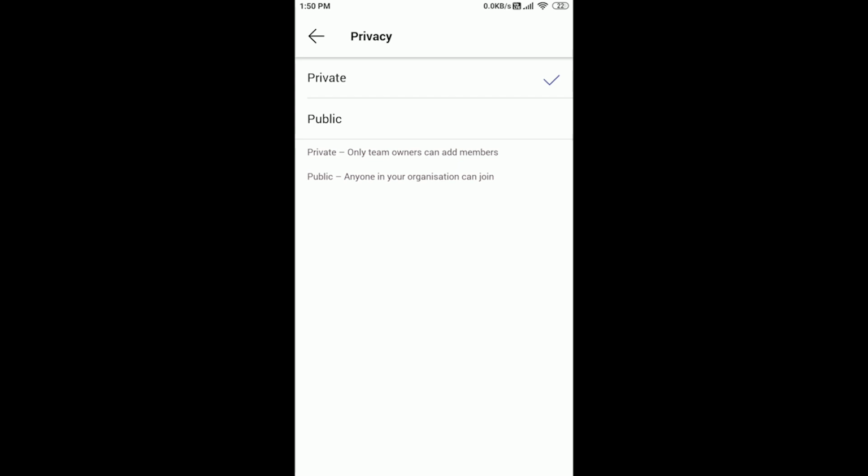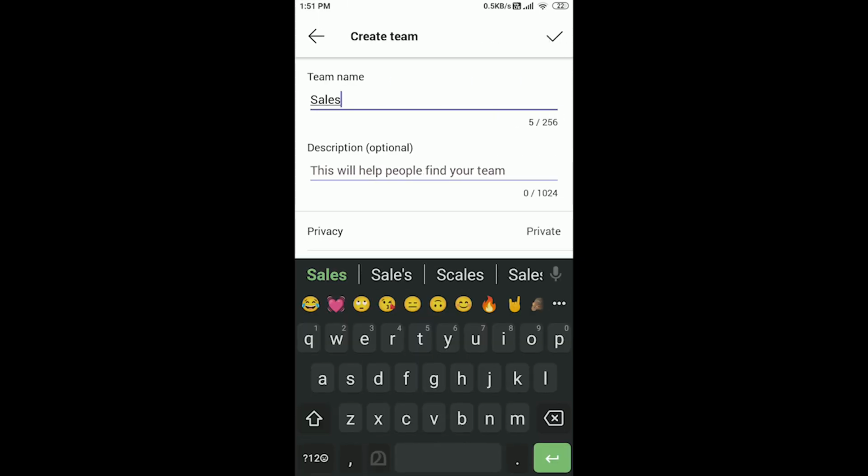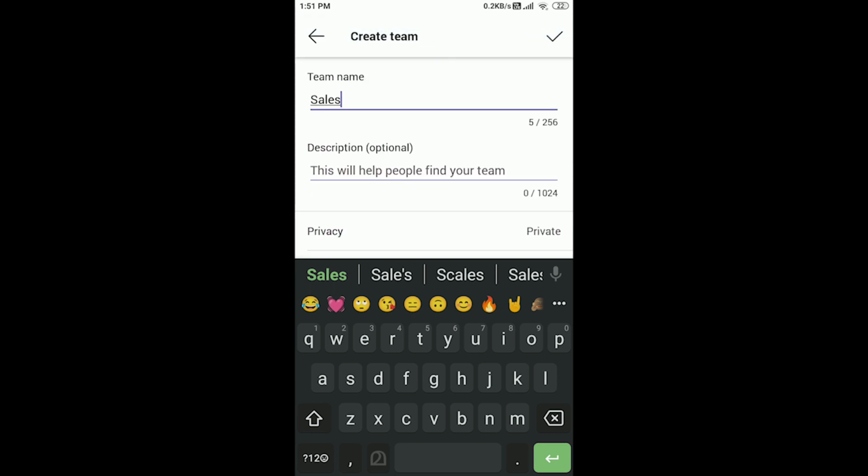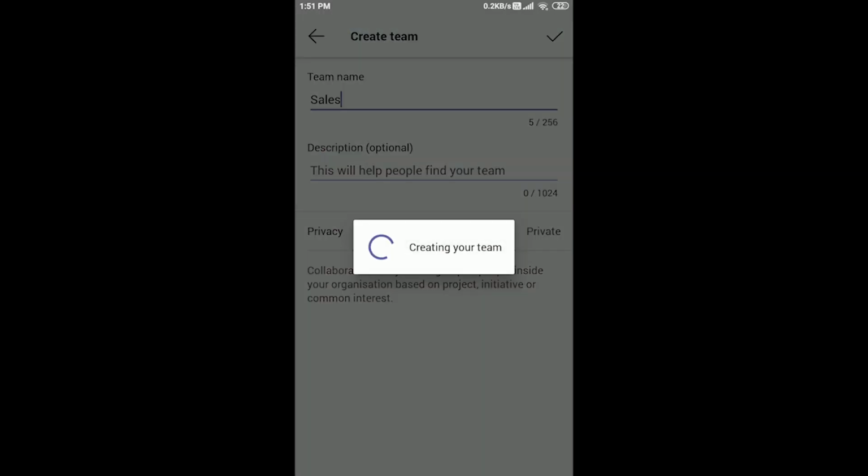So if you want to categorize the teams like sales or marketing, the marketing team does not want to join the sales team. Okay, so at that time it is better to choose private, so that only the owner can add the members. So I select all those things, and after that I'm clicking the tick button. So the team is being created now,